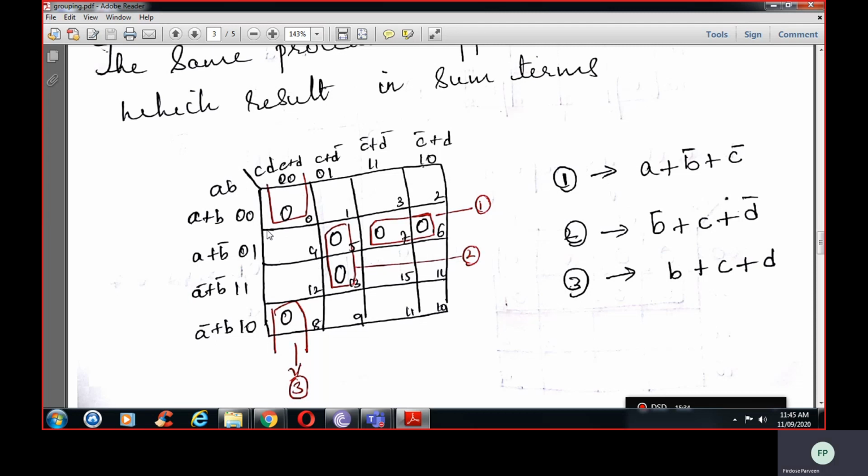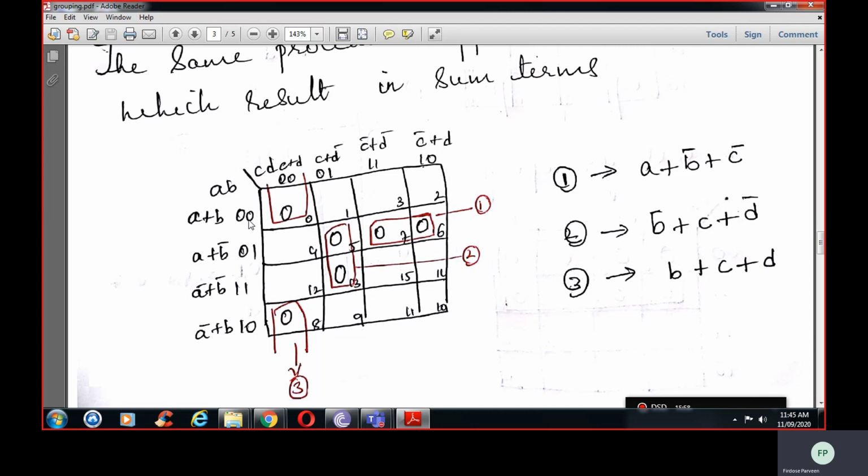Here you can see, there it was 1. That means we were going for min terms. Here it is max terms. When it is max terms, for min terms we take 0 as complement. That is, 0 means a bar. And for max terms, 0 means without bar. So there it is sum of product. Here it is product of sum.